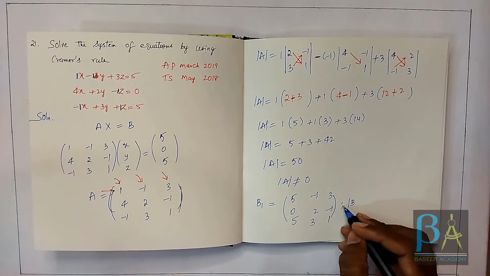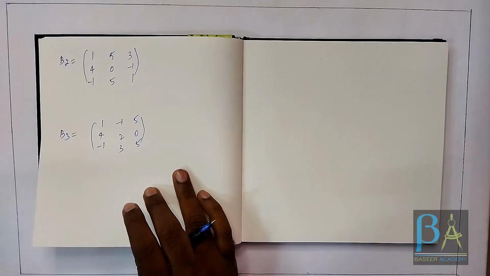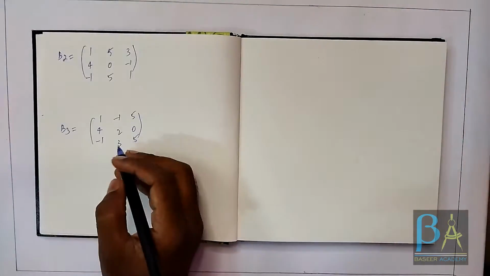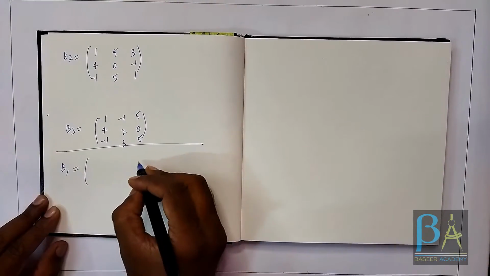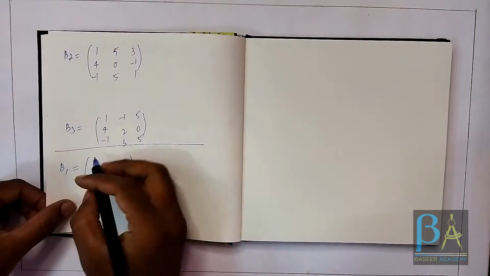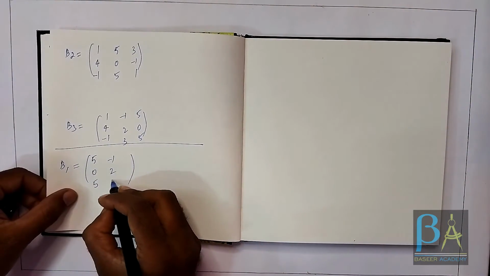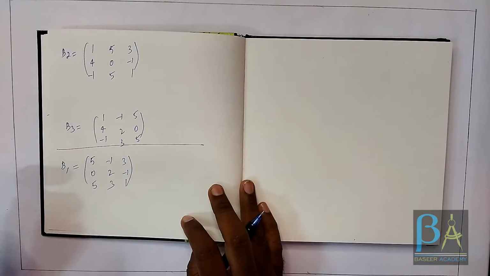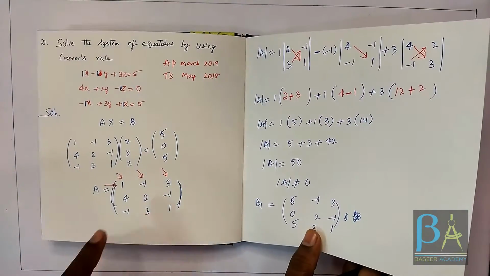I believe I would need some space to find the determinant of B1 matrix. So let me just copy the B1 matrix here, and then we'll find out the determinant of B1. So B1 is 505, -1, 2, 3, and then 3, -1, 1. We are just going to find out the determinant in the same manner in which we found out the determinant